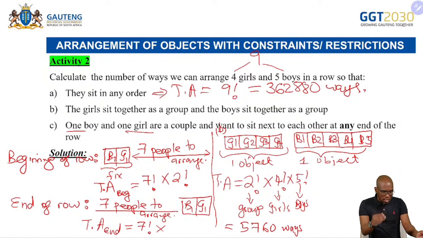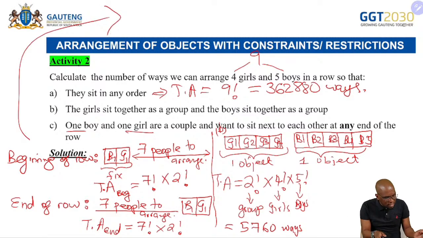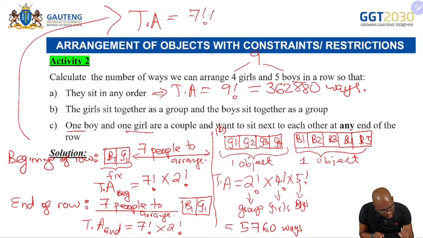I can start with a girl or a boy, so this would be 2 factorial ways. Therefore, the total arrangement in this case would be given by 7 factorial times 2 factorial plus,